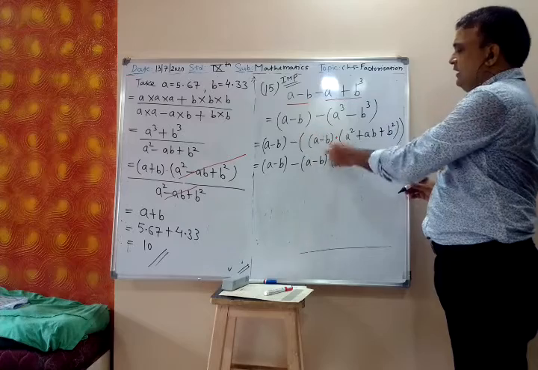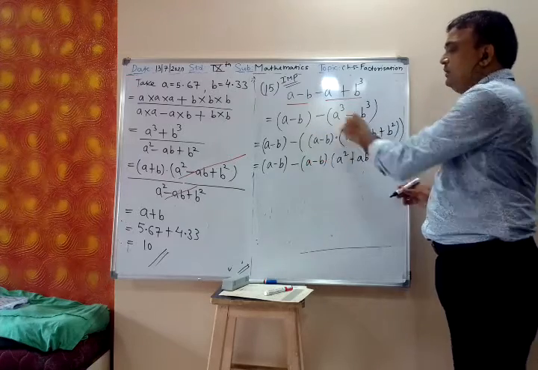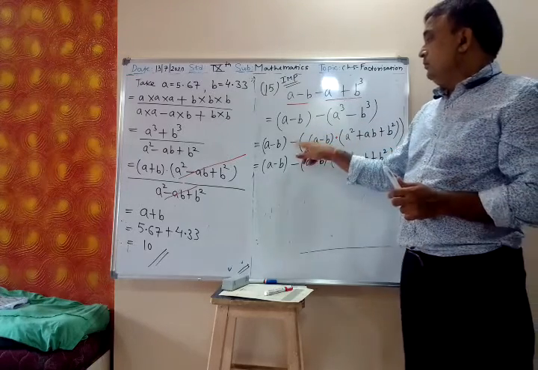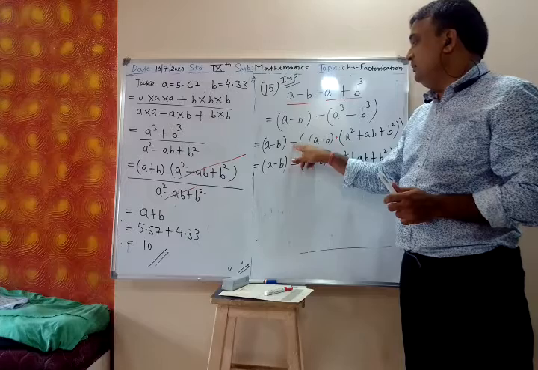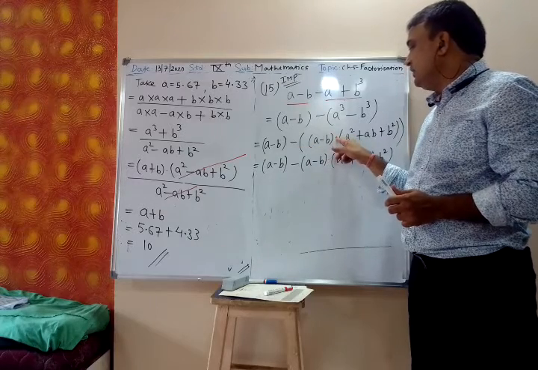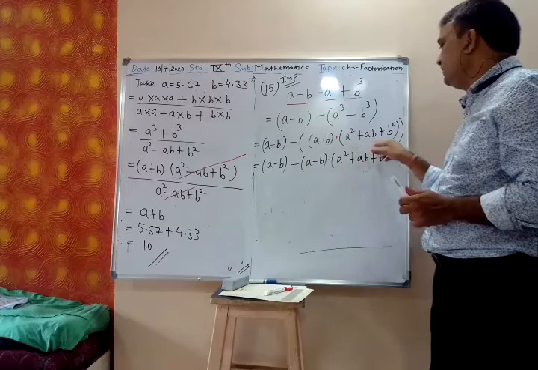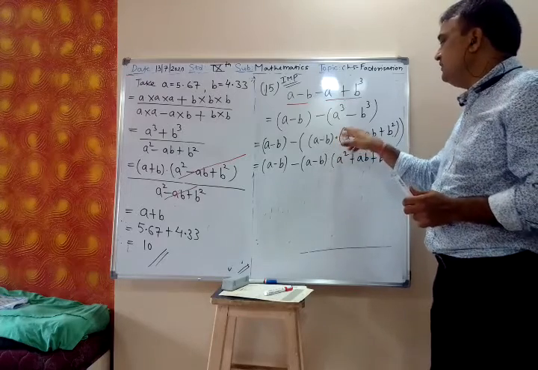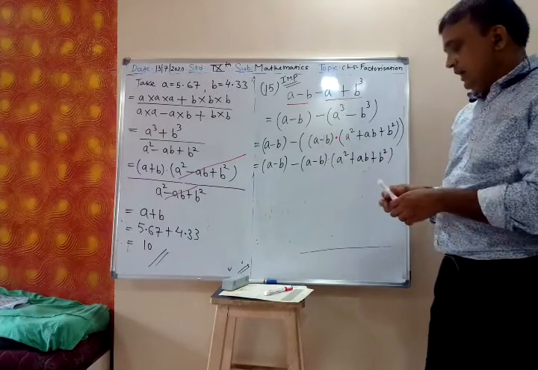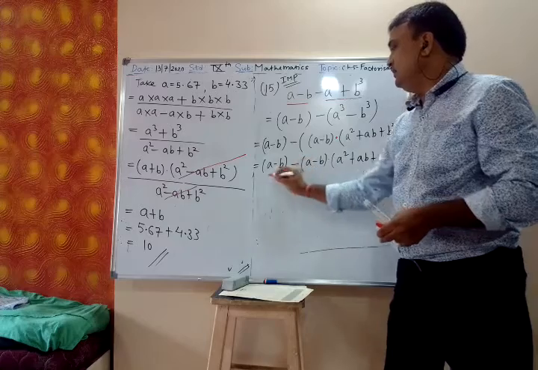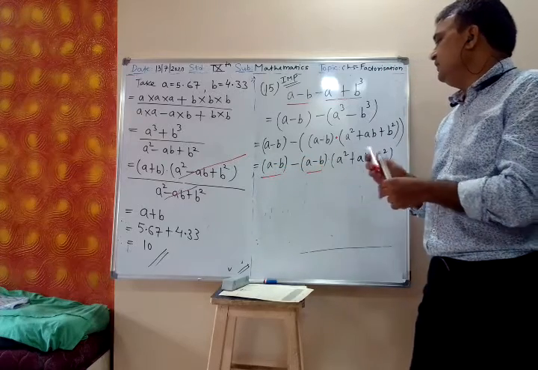So this entire bracket, whenever you open the bracket, even though the minus sign is outside, inside there is multiplication. So multiplication is there, then the sign does not change inside. Whenever there is plus or minus, the sign changes. Now A minus B is common. This is the first term A minus B.